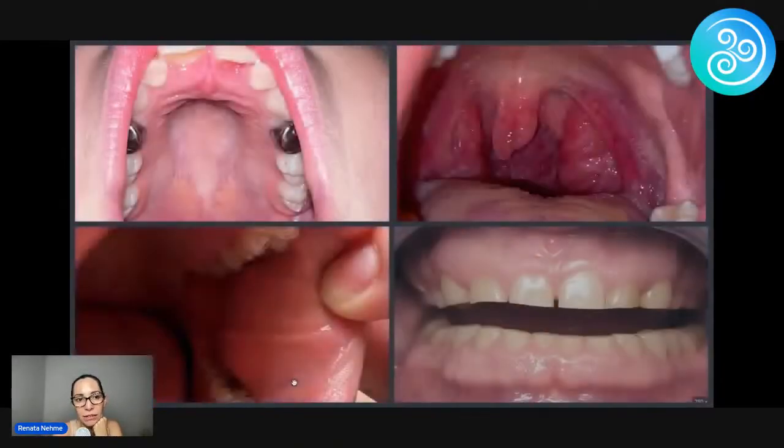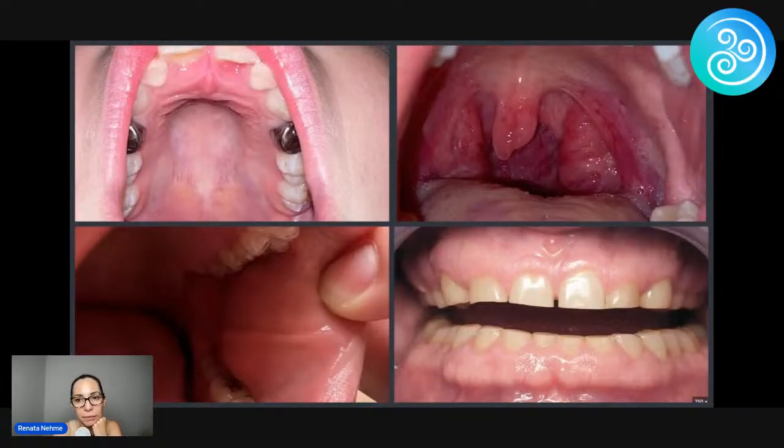But if they have, what else? High vaulted palate, that's this one right here on the upper right, upper left is a bubble palate. On the upper right, enlarged tonsils and a bifid uvula. If you see that little uvula with a split in the middle, 78% chance of that patient having a cleft palate, a submucosal cleft. And then if they have a lot of wear, if they have linea alba, so if they're clenching and grinding their teeth, these are all things we have to look for.